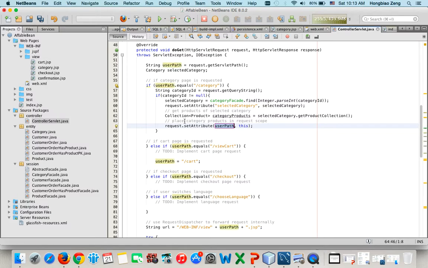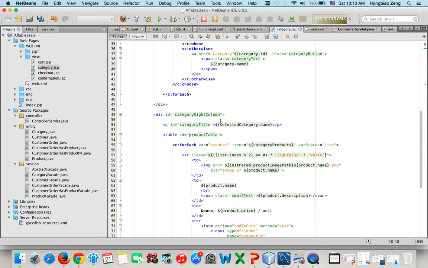We can say this attribute is called categoryProducts, and this is categoryProducts. Okay, so that's all we need to do for the controller servlet class. Now go back to